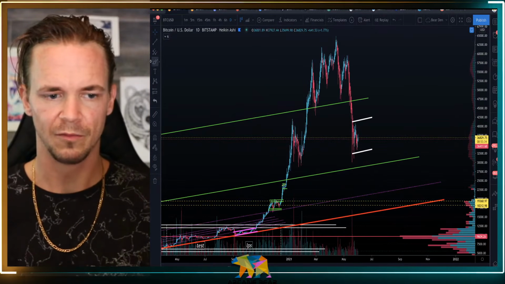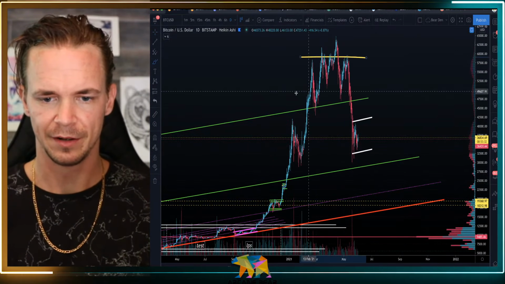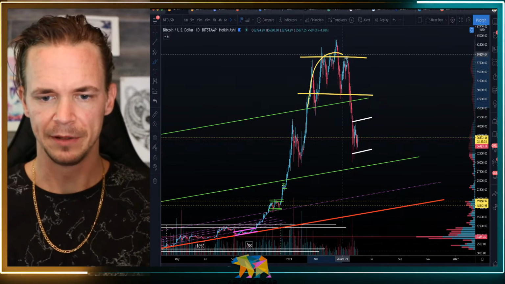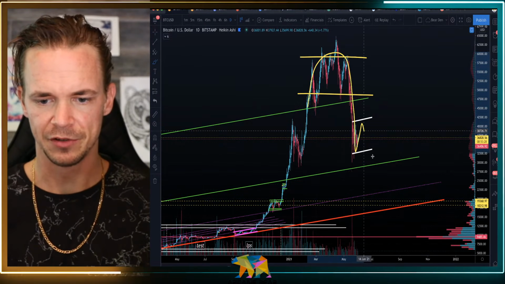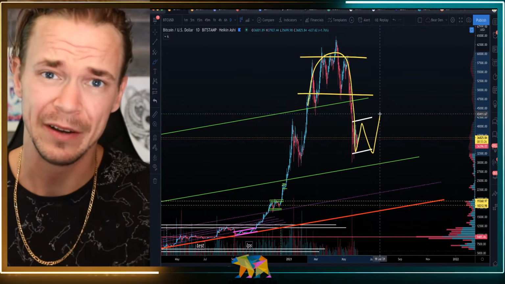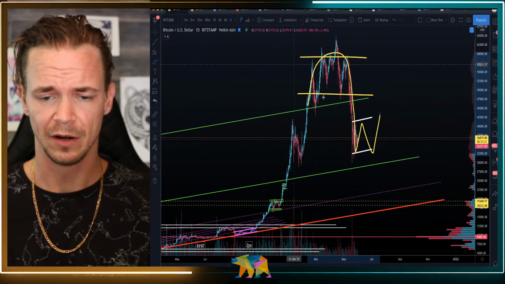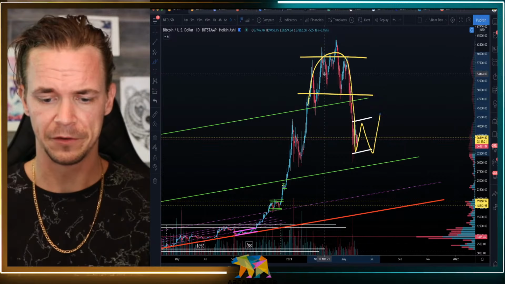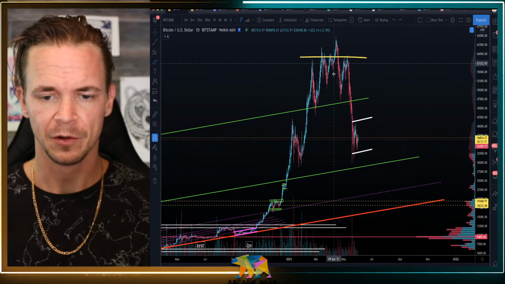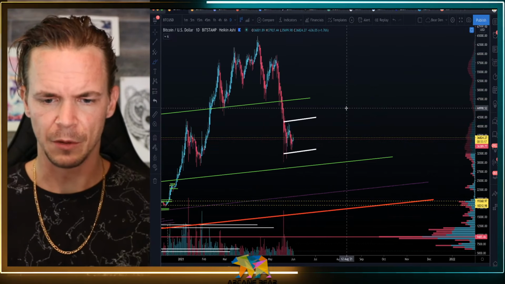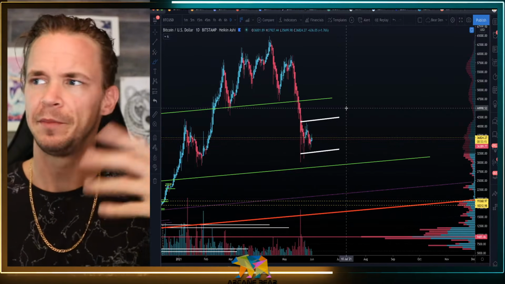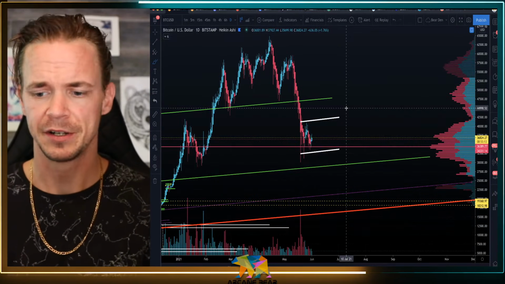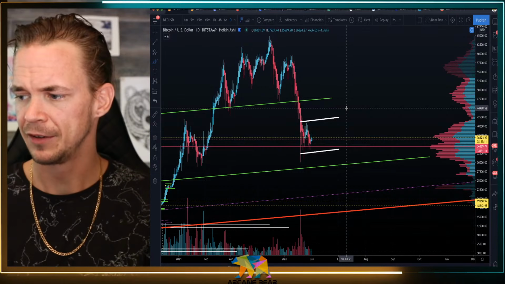And right from the get-go, here is a nice rounded top, and what I believe to be an intermediary distribution, or intermediary reaccumulation, excuse me. This is where I don't believe this is the end of the bull market. There's a few reasons to signify that, but we'll go over that later in today's video. So, a big part, as people are starting to learn more about these particular patterns, they keep asking the question,